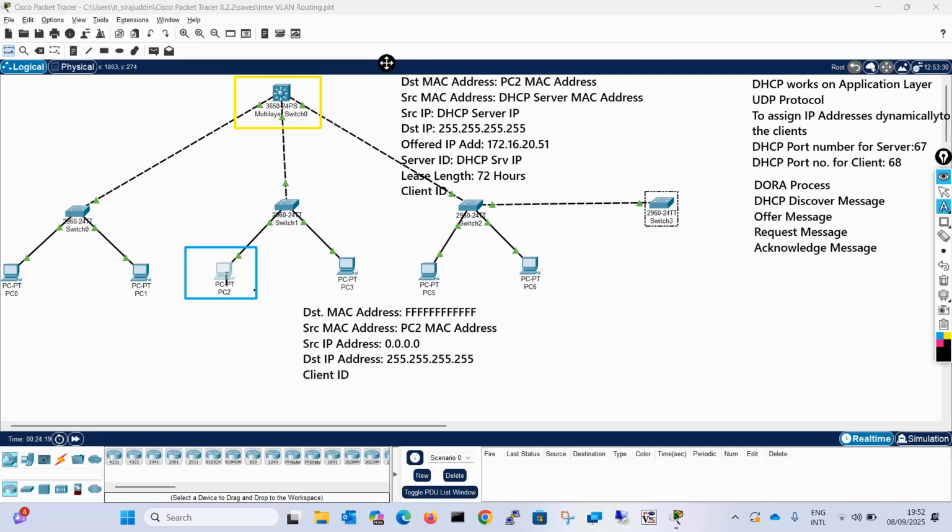In return, it will be accepted. Now over here, let's see how the DHCP request message is sent. When PC2 in our case, or a client machine, is trying to prepare a DHCP request, it prepares the DHCP request using